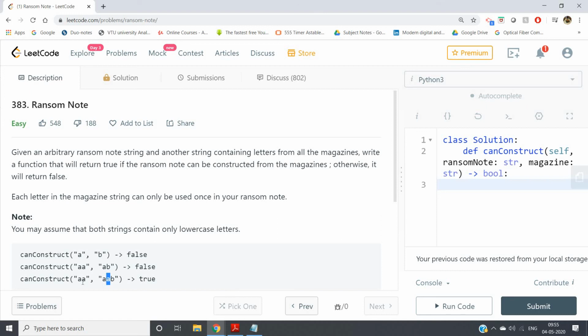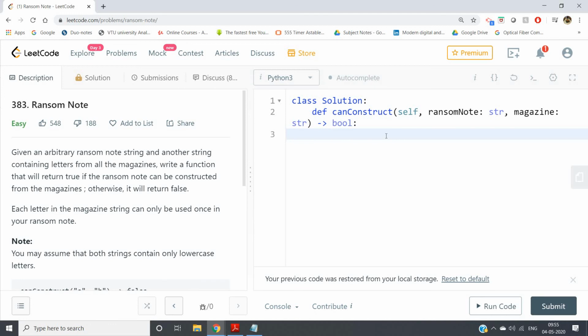If for a particular case you are getting the count for a particular character in the first string greater than the count for the same character in the second string, then it cannot be formed, right? It is a quite simple algorithm. I hope you can understand its simple logic. So first I am defining one dummy variable g equal to 0. This will change its value if the condition I have told is not satisfied. Then we will traverse our first string, that is ransom note.